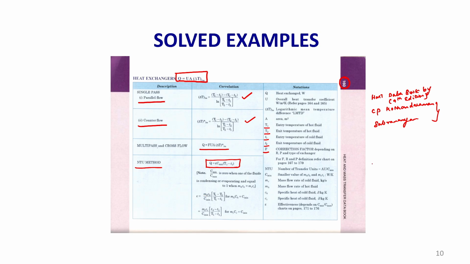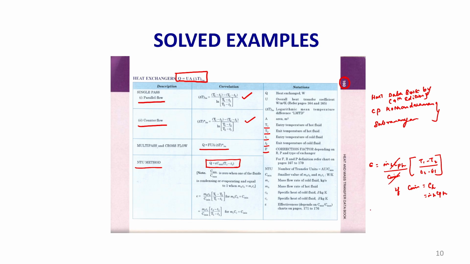Let me write it again. Epsilon is equal to m_h C_ph divided by C minimum into capital T1 minus capital T2 divided by small t2 minus small t1. This is the formula if C minimum equal to C_h. What is capital C_h? This is nothing but m dot h into C_ph. So these two terms will get cancelled. So we will get capital T1 minus capital